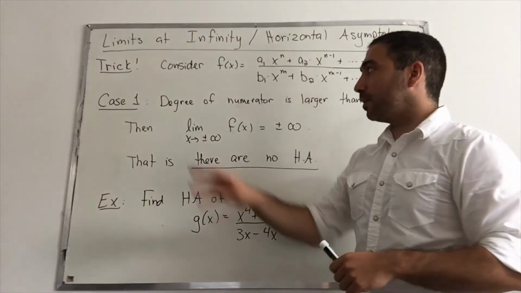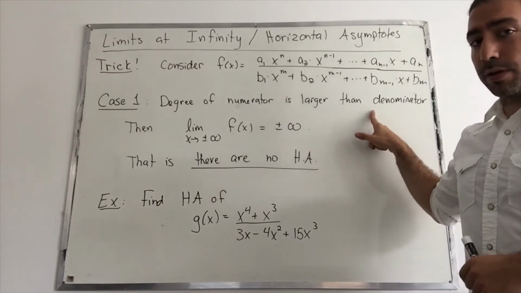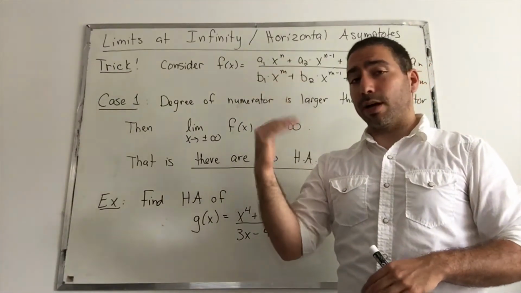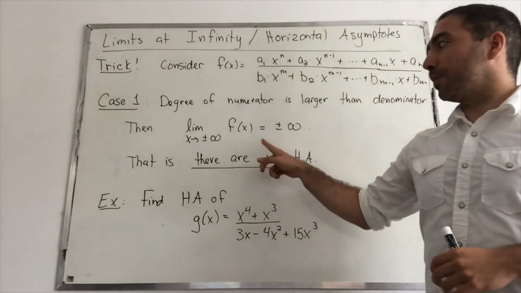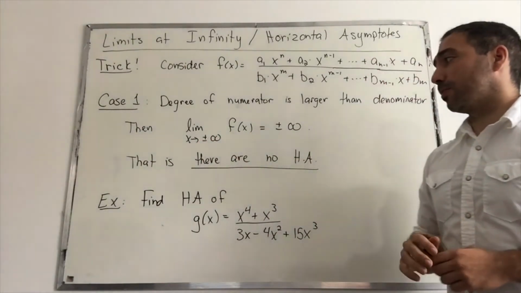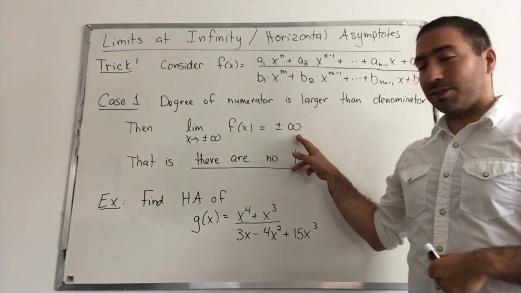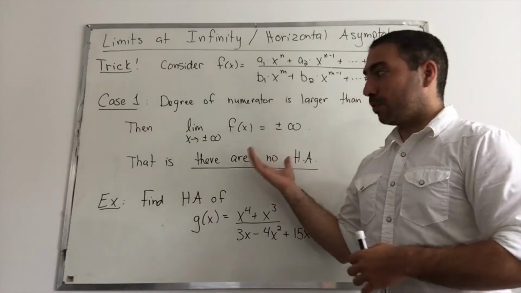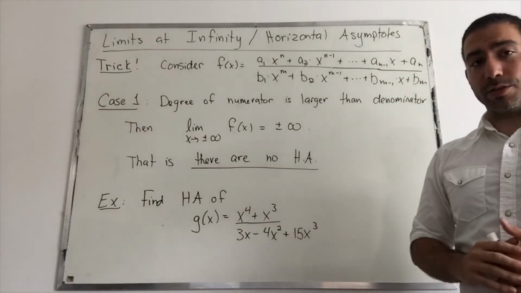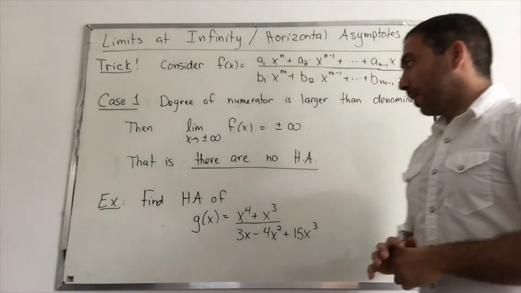So case 1, we have the degree of the numerator exceeds the degree of the denominator, okay? If the highest exponent on the numerator is bigger than the highest exponent on the denominator, then when we're looking for the horizontal asymptote, or essentially if we're taking the limit as x goes to plus minus infinity of the function, then it goes to plus minus infinity. Okay, so just by looking at the highest exponents, we know what the horizontal asymptote is going to be. And in this case, there's no horizontal asymptote,